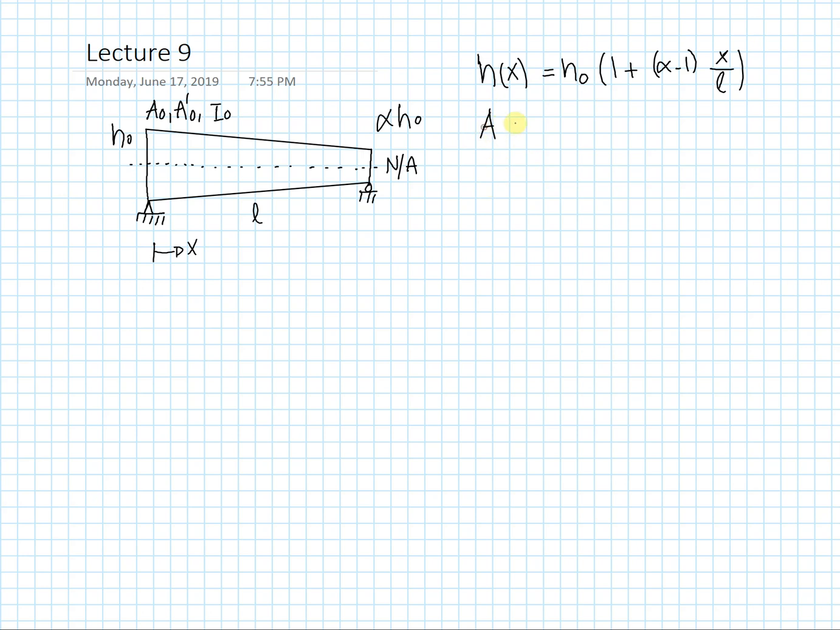I can do the same thing for the area. And I have the following. And lastly, I can do the same thing for the moment of inertia. As a function of x, it will be I naught